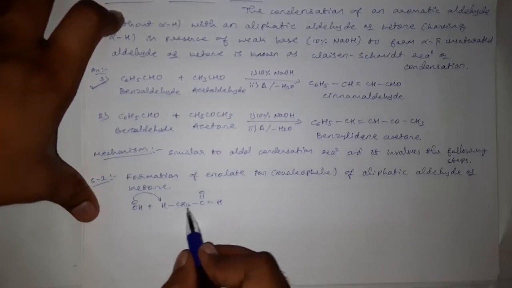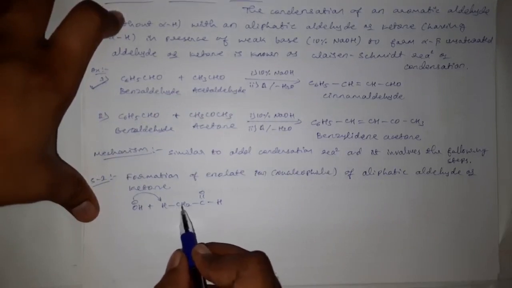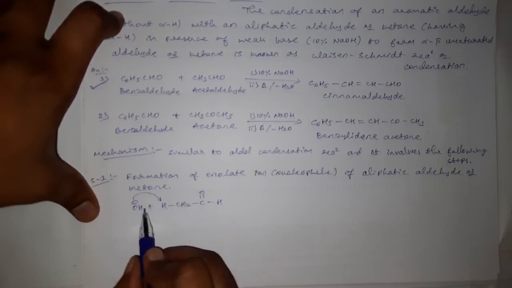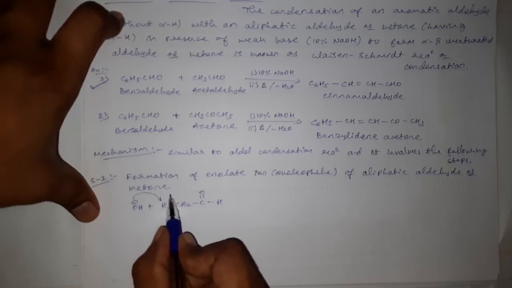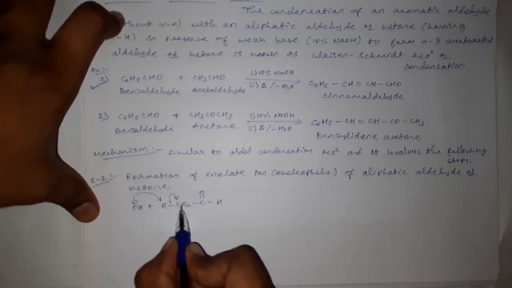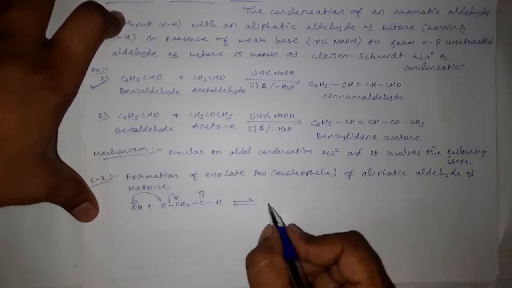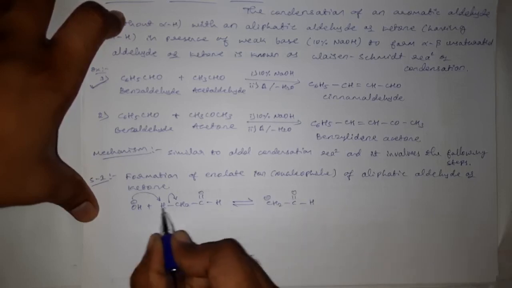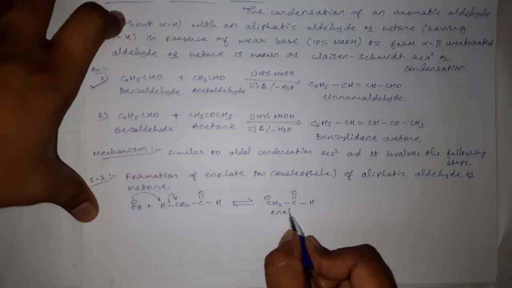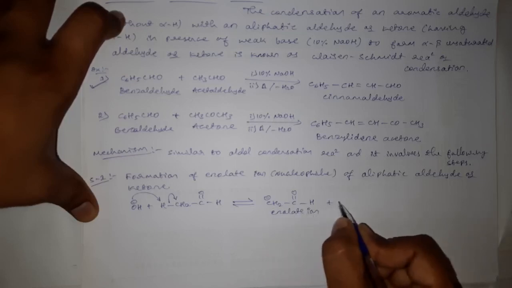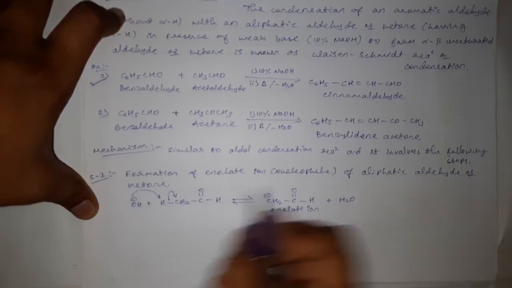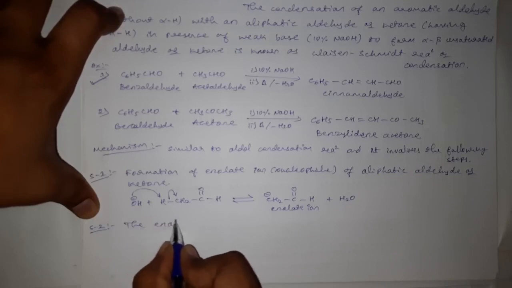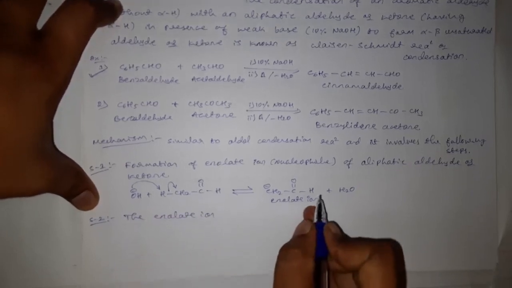Okay, and the hydrogens present on the alpha carbon are more acidic and can easily go out as H plus, and this hydroxyl group will drag this proton, and these bonded pair of electrons will now move towards the carbon, and therefore it will give CH2=C-OH with a minus charge. The carbon will get a negative charge and it is the enolate ion, along with the liberation of H2O. Correct?